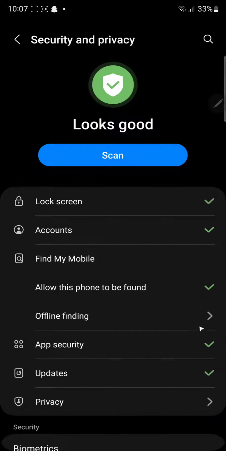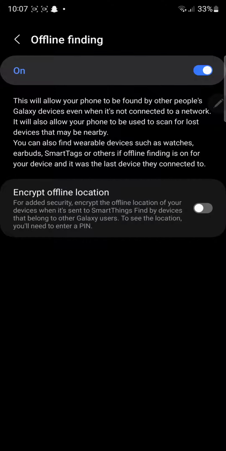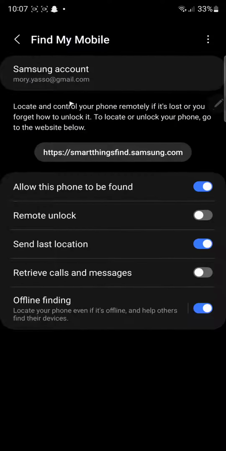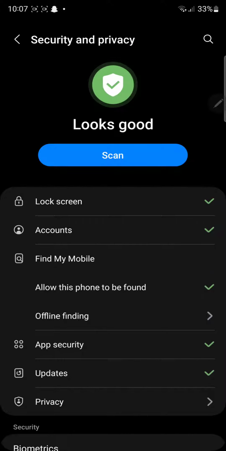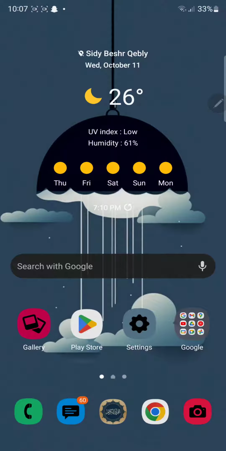Now once you have these, you also have something called offline finding. It is one of the Galaxy related options, but you just need to make sure that you have a Google account on it. So once you're in it, you're going to exit, and you're going to go on to Google,